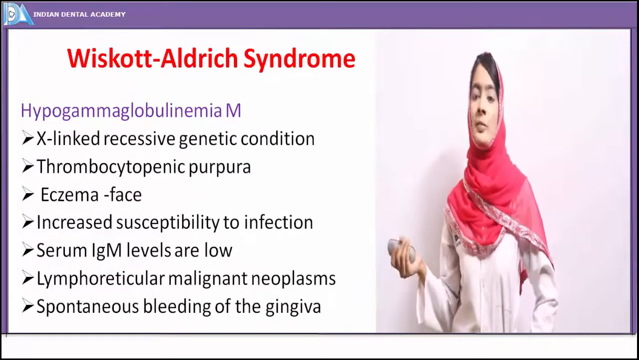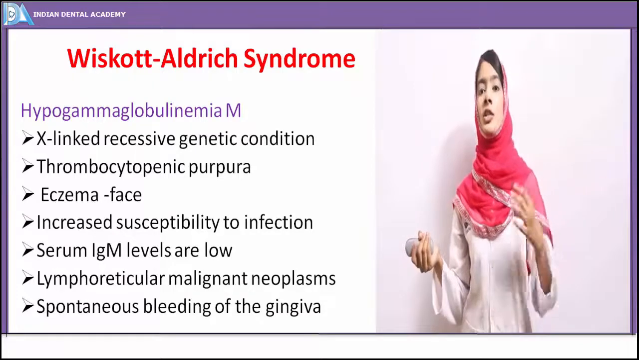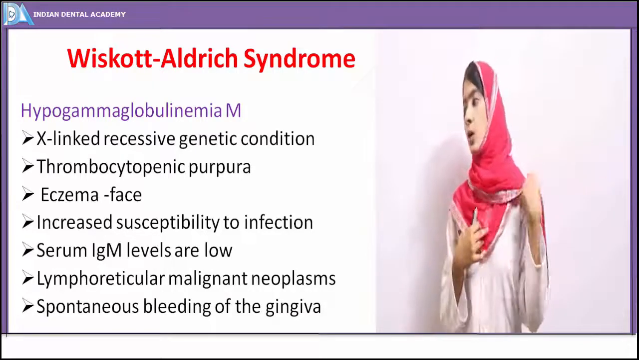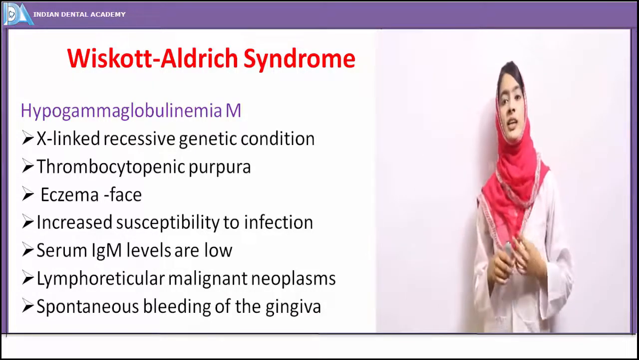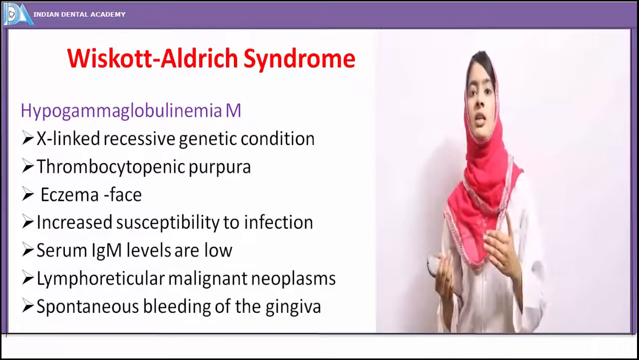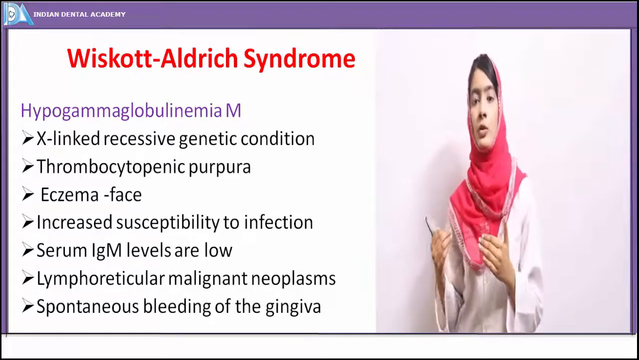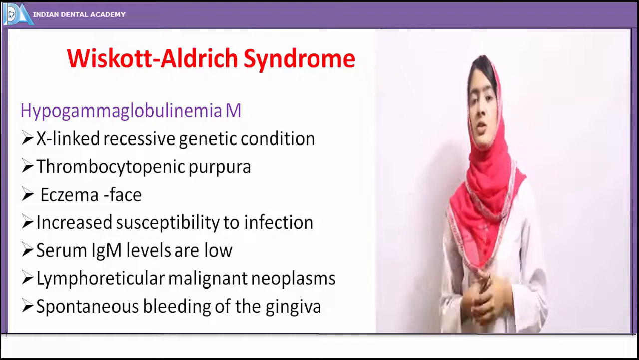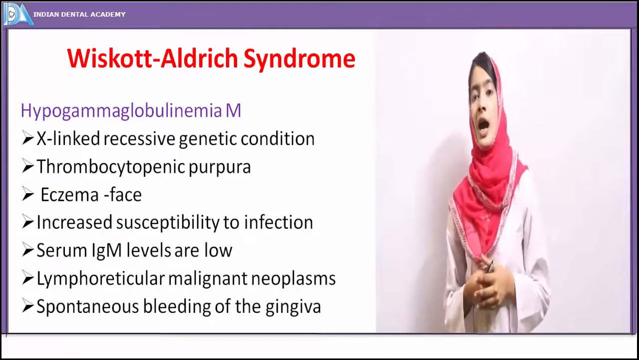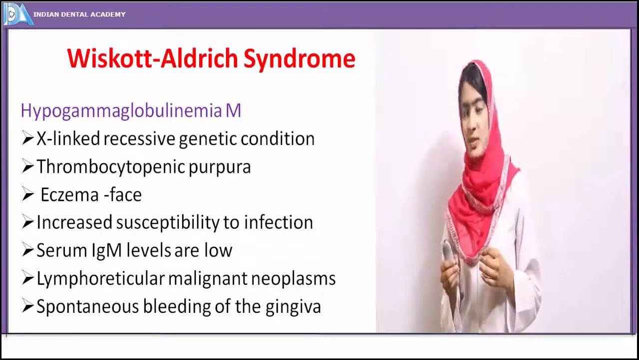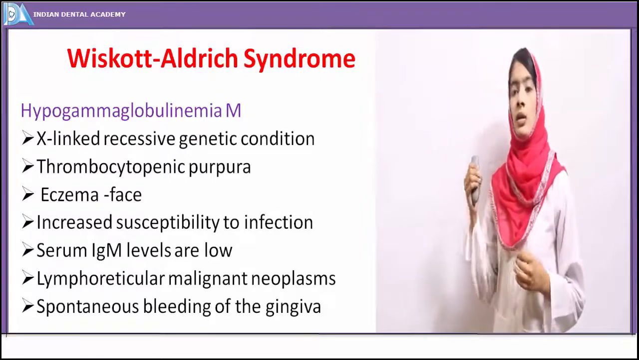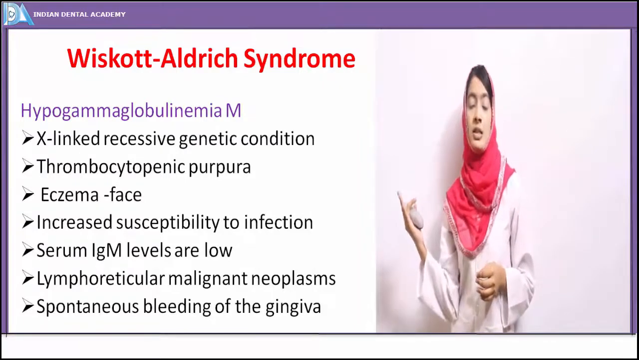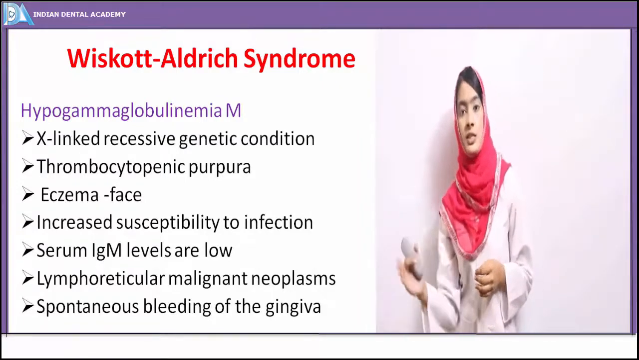Wiskott-Aldrich syndrome, it's also known as hypogammaglobulinemia. It's characterized by a reduction in immunoglobulin. Wiskott-Aldrich syndrome is an immunoglobulin deficiency syndrome. So IgM is deficient here. So it is presenting the characteristic appearance of